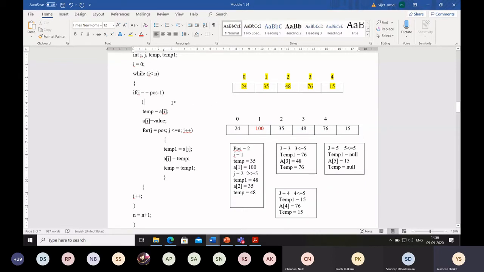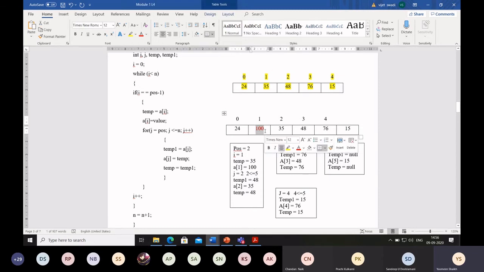We have studied a function to insert an element at a specific position. The position where we wanted to insert the element was position 2. So in order to empty this position, the elements starting from the second position till the last position, we have to move one position towards the right.